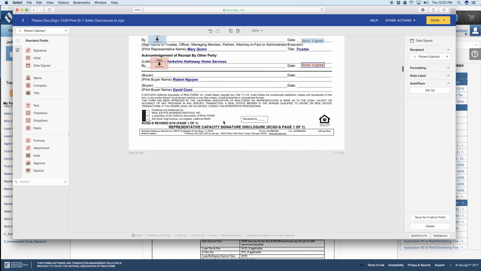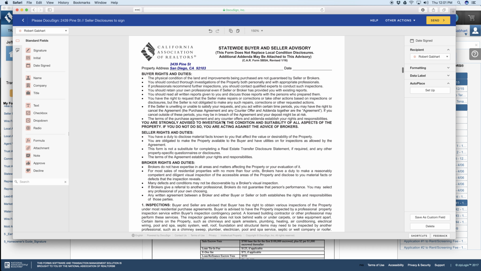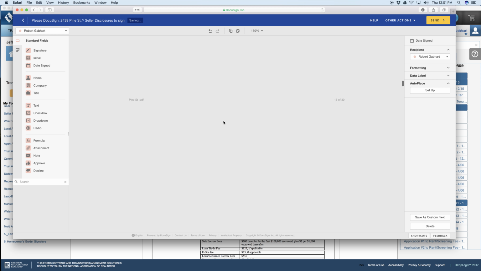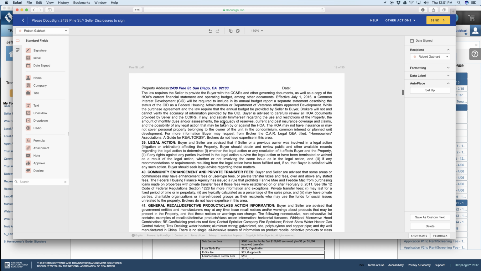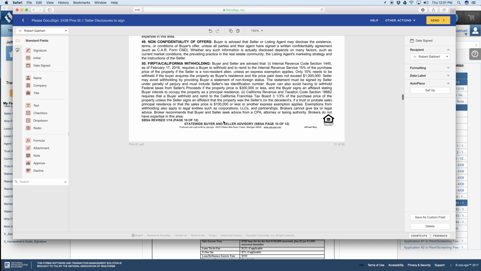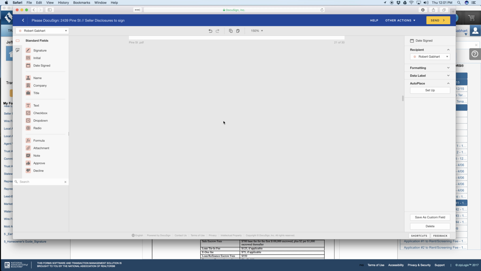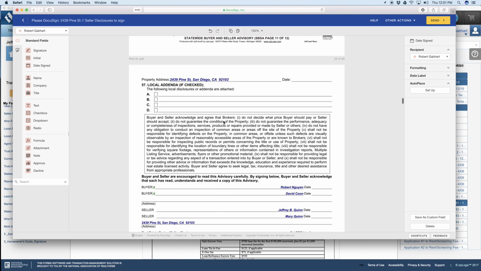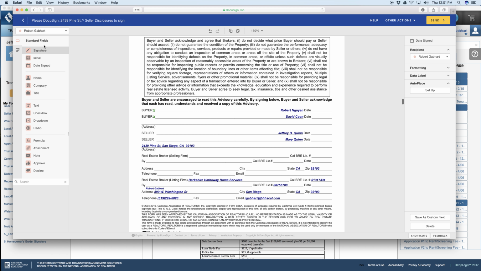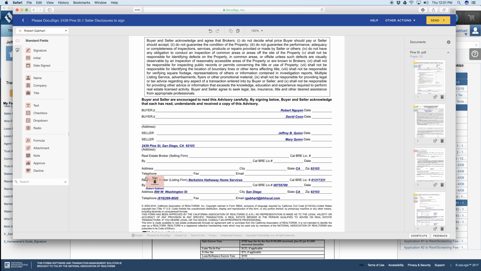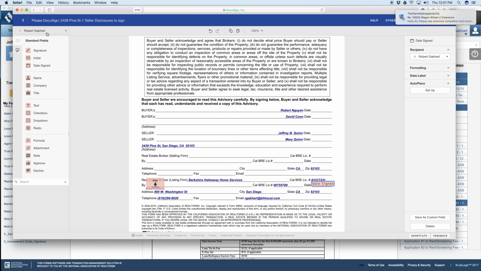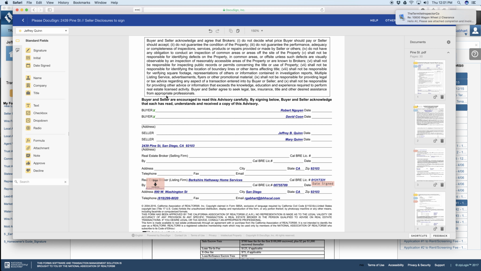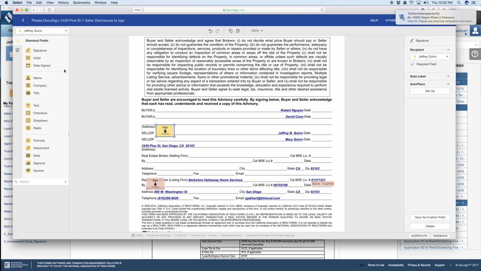Everything on the left are the tags that you're grabbing, and what's showing up on the right is the format. Now, as you get to know these documents, you'll know what pages have signing tabs and what pages don't. Other than this one form, the statewide buyer and seller advisory, every other form will pretty much require initials at the bottom of every page and signatures on the last page. That's pretty standard